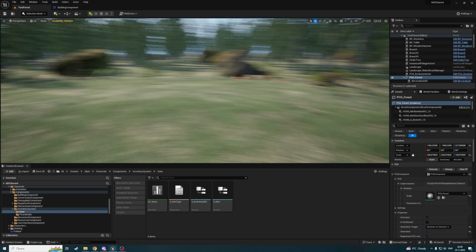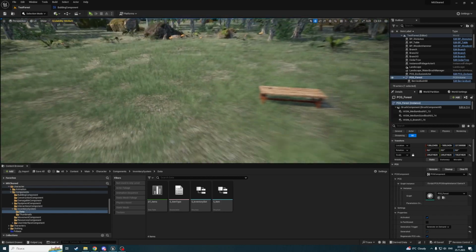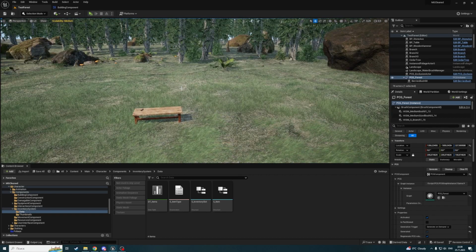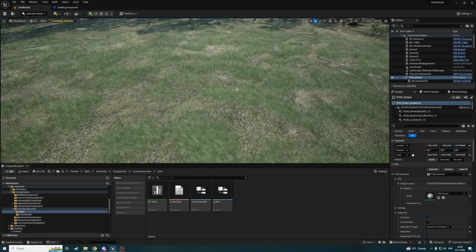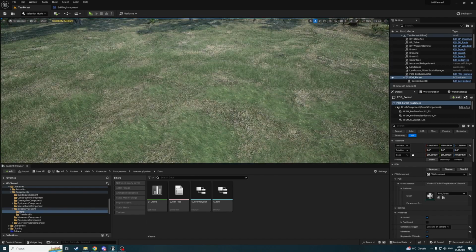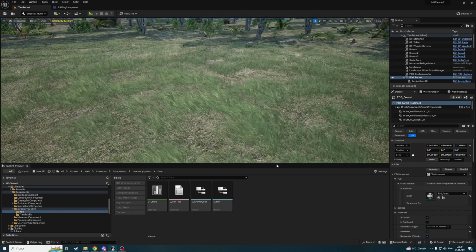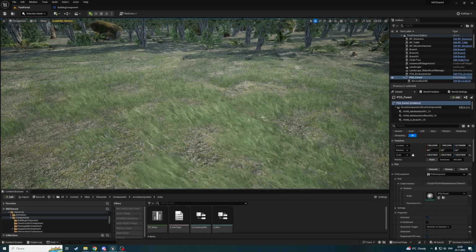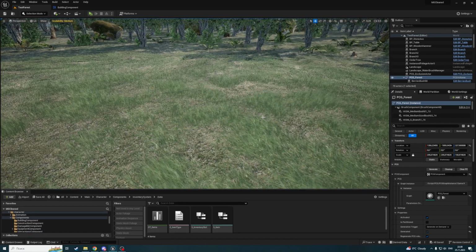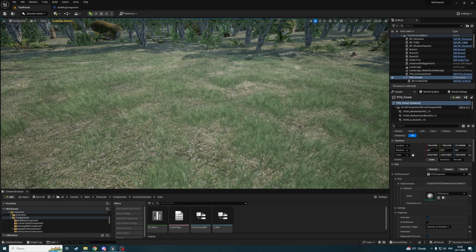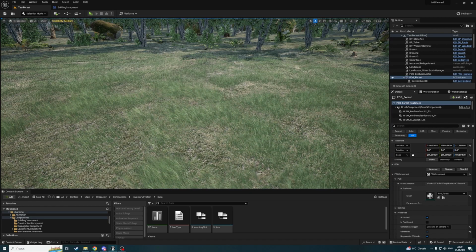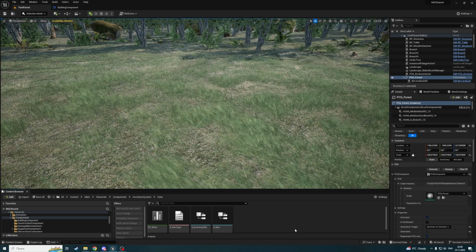Hello everyone. In this video we're gonna make a widget that is displayed when a character with a hammer or any other instrument is looking on a building part, like when I'm looking on a basement. Then I want to see on screen how much resources I need and how much resources are left to build this